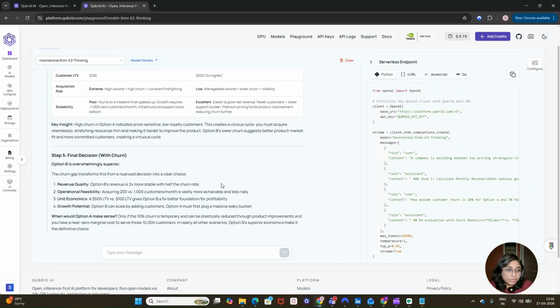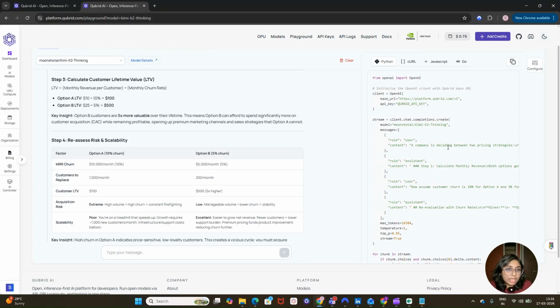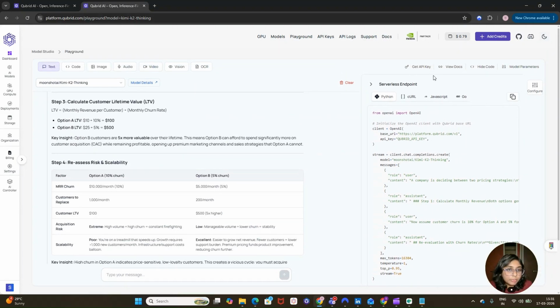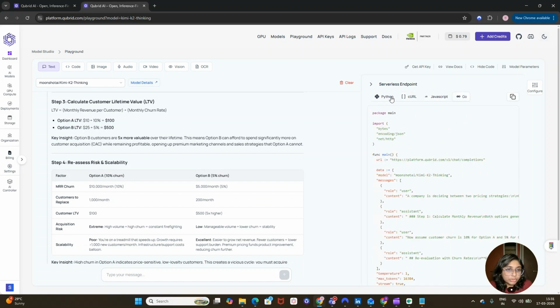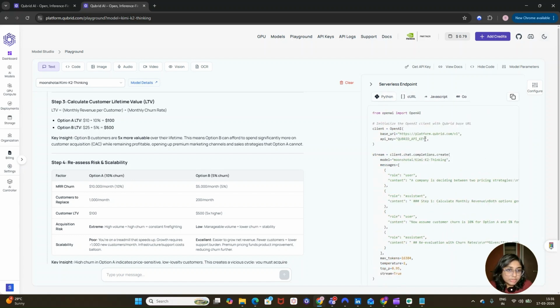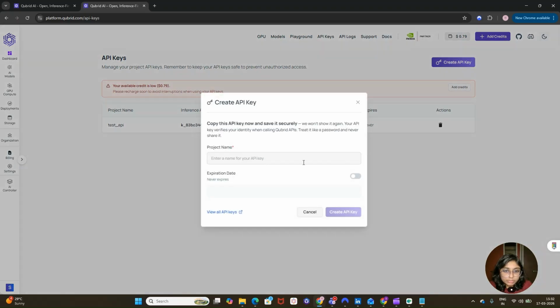So if you are happy with the output and you may want to integrate it into your application or a backend product, then you can use this serverless endpoint over here. We have Python, Curl, JavaScript, and Go. You can copy this endpoint and replace this placeholder with your API key. To get this API key, you can click on Get API Key, then click on Create an API Key.